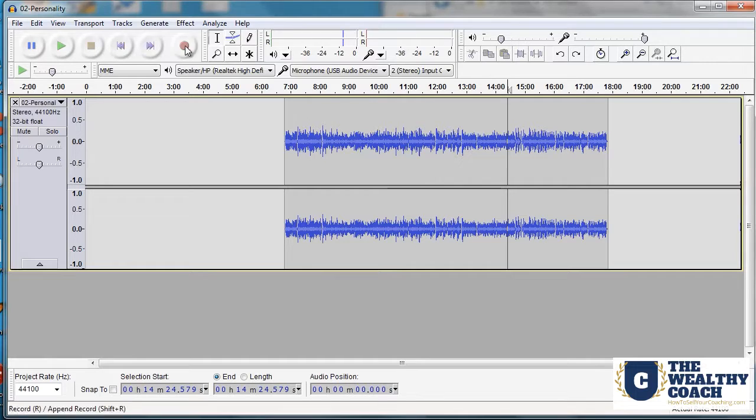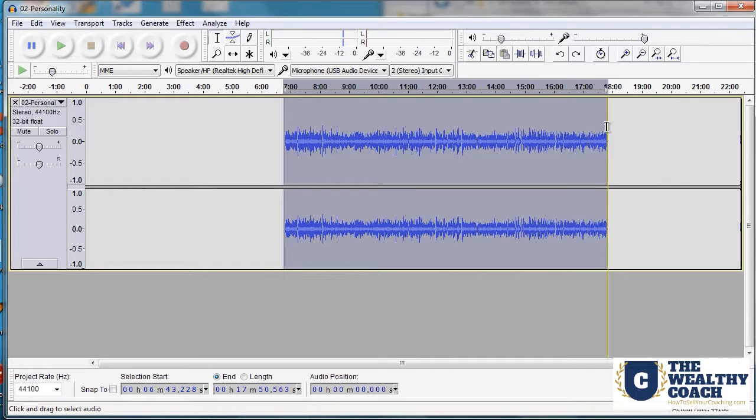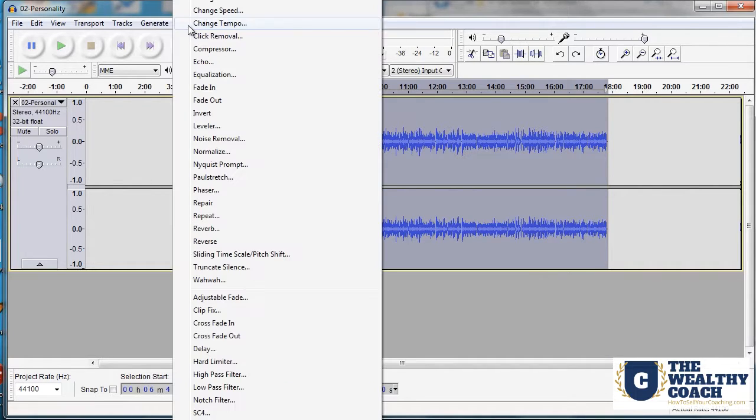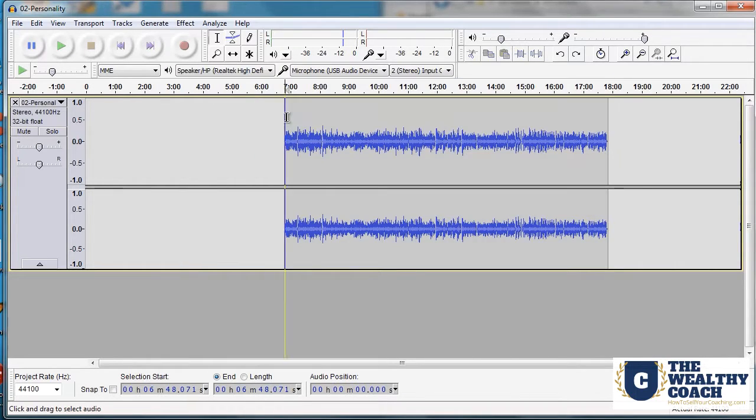You can also apply certain things to it. For example, I could highlight all this with my mouse, and if you click on Effect, you have many different effects here. You can remove noise to remove room noise. You can amplify it or increase the sound. You can change the bass, the treble, the pitch, the speed, the tempo, the echo if you have any, and more. A lot of these have to do with music, like the wah-wah and things like that. Most of the time, you're going to be using